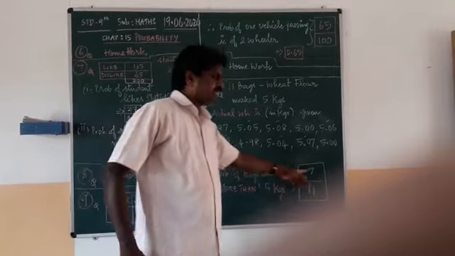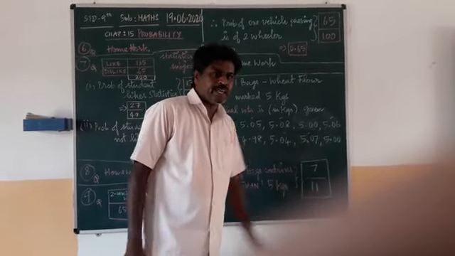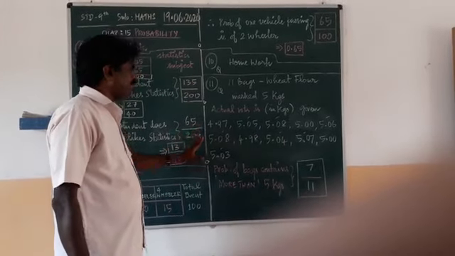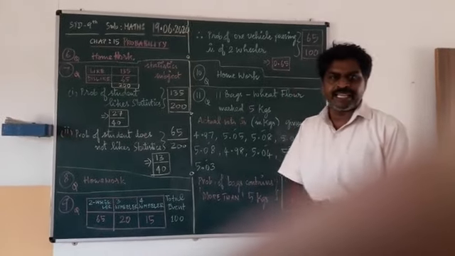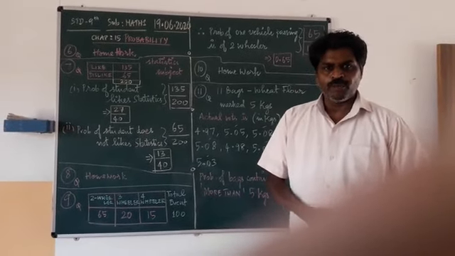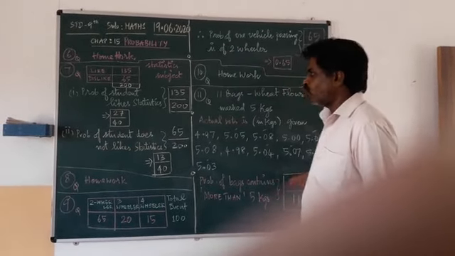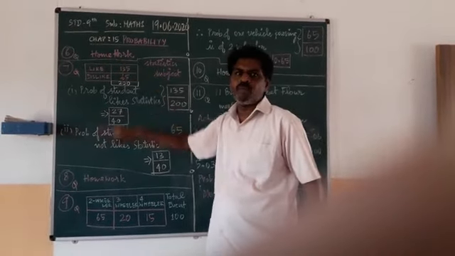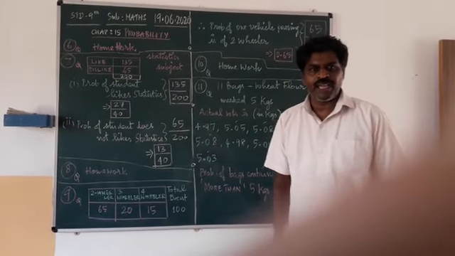Don't divide 7 by 11 because it will give a decimal, so write it as a ratio itself. Okay? Up to this, the 11th question is completed. Two questions remain, which we will take in the next class. Write down all these problems in your fair notebook, and the ones I have mentioned as homework, try them. If not, I will teach you in later classes. Okay? Thank you.